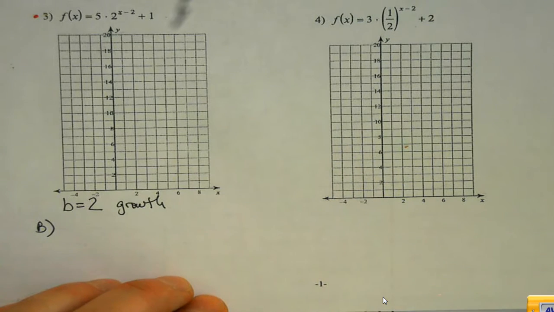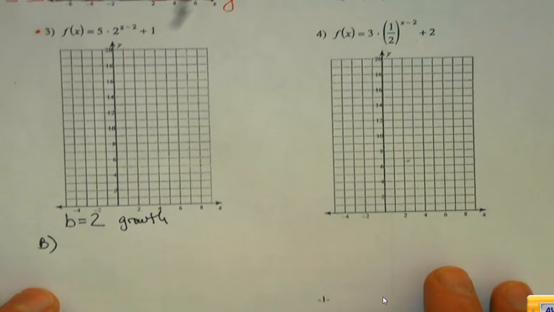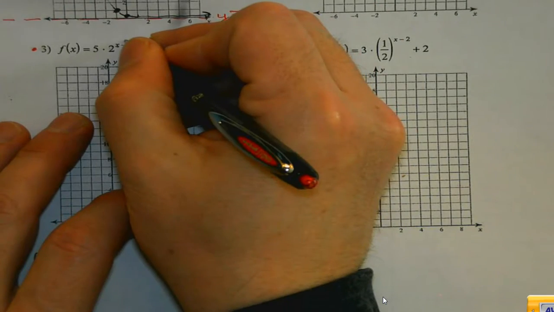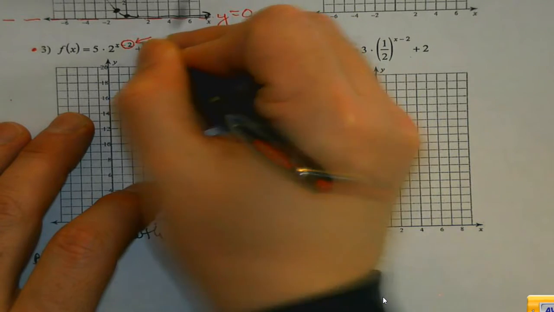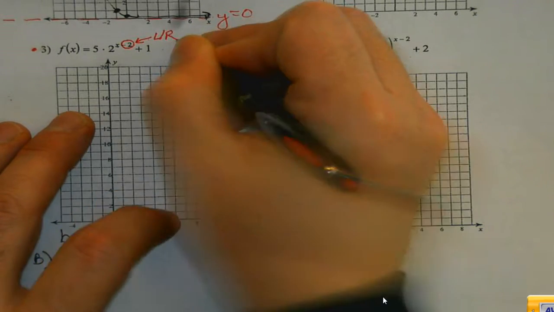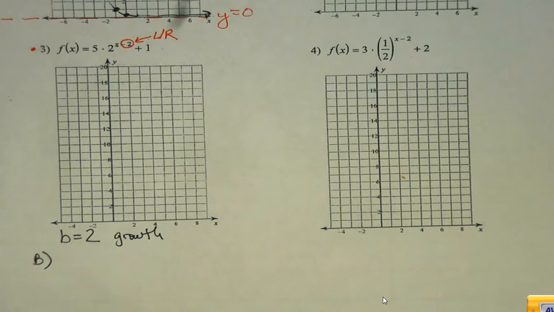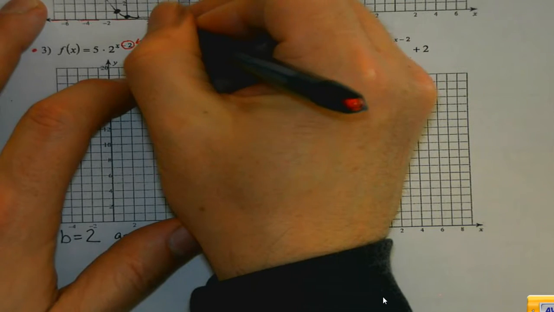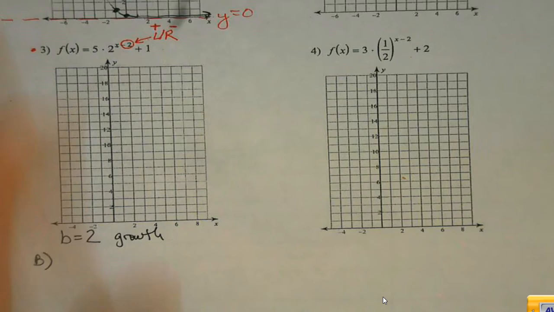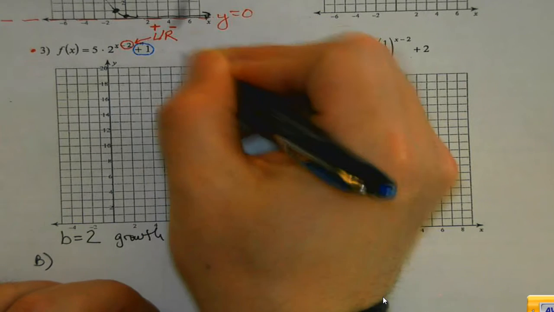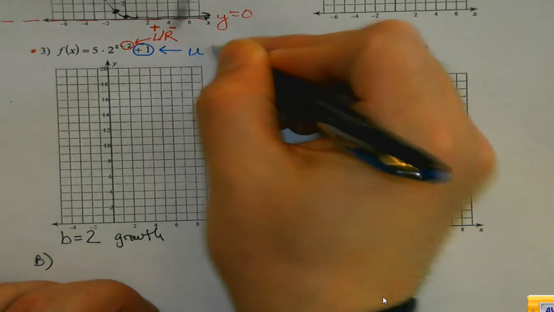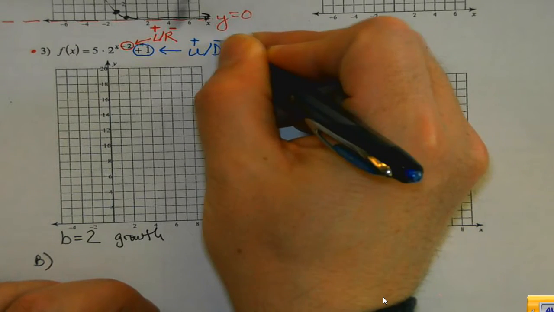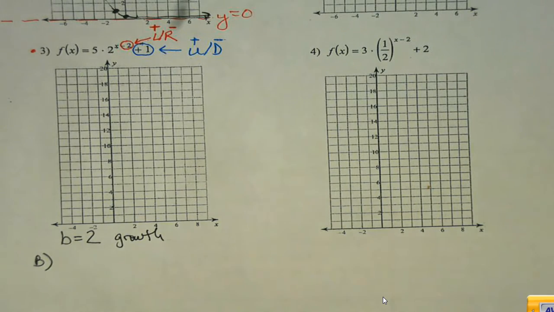When I'm dealing with shifts on these, actually, let's do it right up on this. Anything in the exponent is going to be my left and right shifts. But again, it's the opposite of what we think it would typically be. So plus is going to be left, minus is going to be to the right. And then any values on the end that aren't in the exponent are going to be my up and down shifts. And they stick to what they normally are, because when we look at it in the general form, it's plus